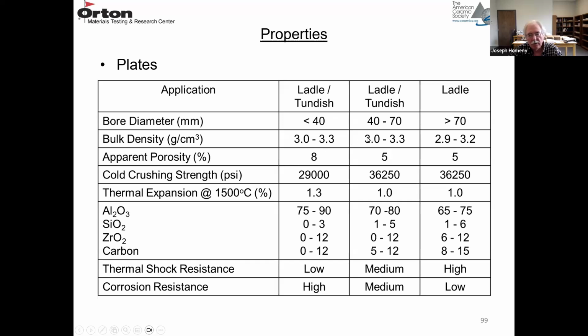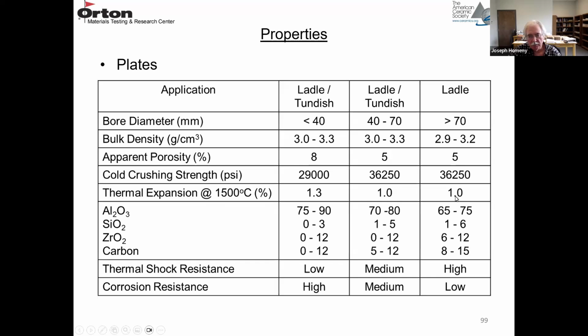The bulk densities are going to depend on the composition, but you want the lowest porosity possible. So low porosity resin bonded materials are going to have good cold crushing strength. These are all around 30 to 35, 36,000 PSI. Because it's alumina,